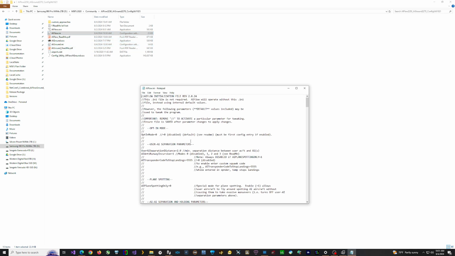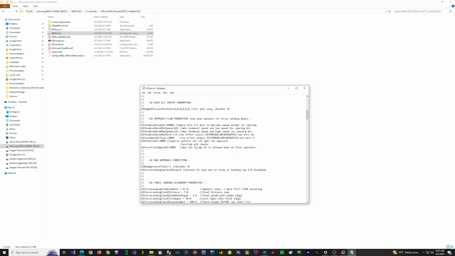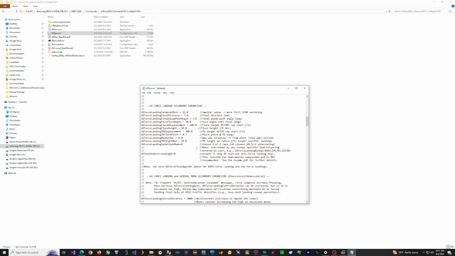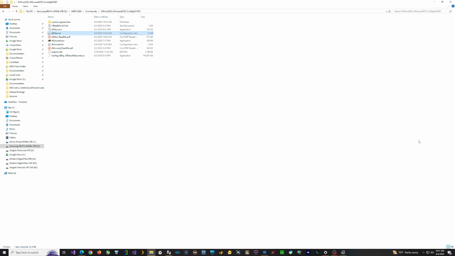They have to do with more detailed AI performance, like, here, just randomly looking at AI force landing secondary parameters. You can change those too manually, and they won't get overwritten or anything. So that's it. And next is the force takeoff and